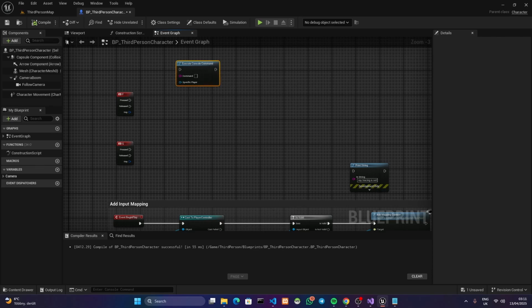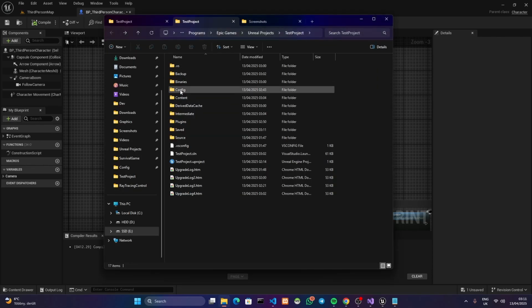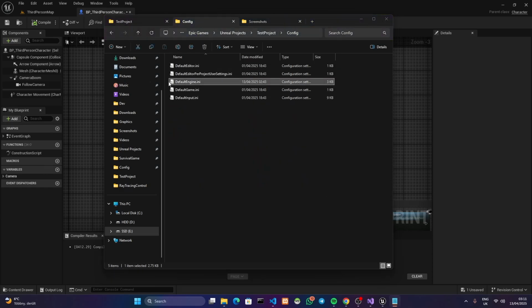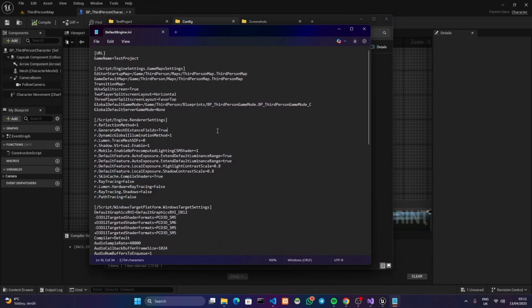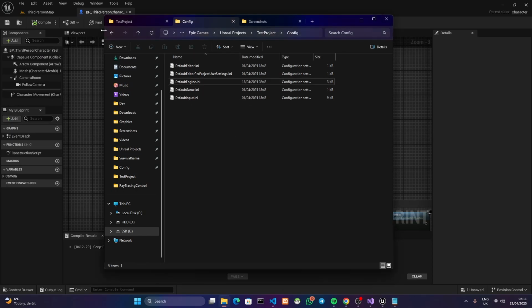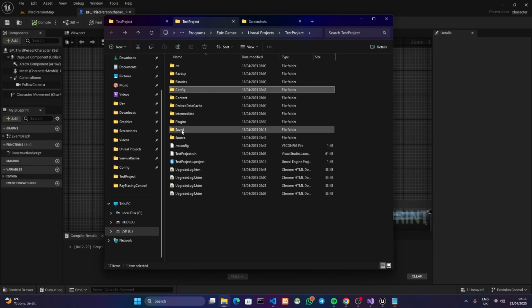Not to mention that you are not going to be able to set the config values, because the config values themselves in the default Engine.ini are heavily protected, and these particular values that control the hardware ray tracing are heavily protected by Unreal Engine. So basically you are not really able to set the config. I tried many different ways to do so, but how this whole plugin works is going to do the saving